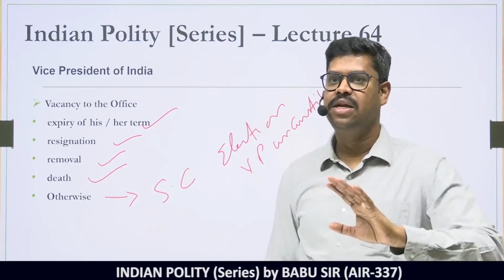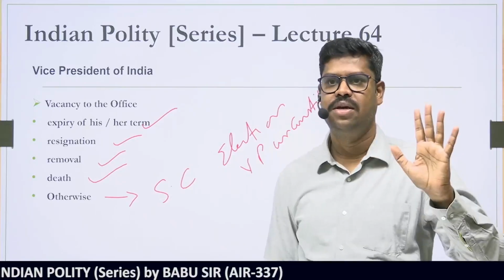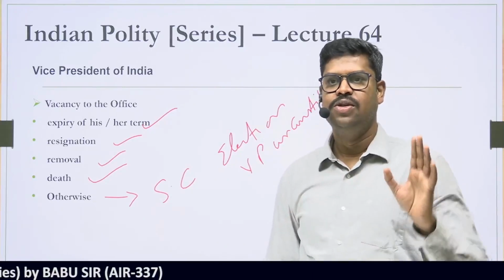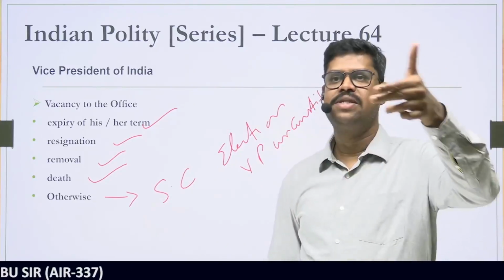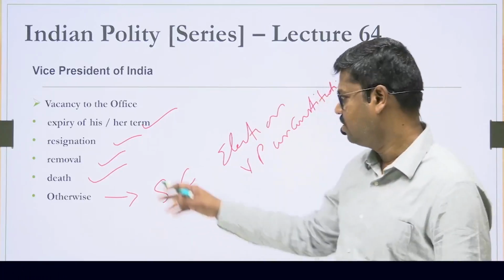The country can still function because the constitution says there shall always be a president. But the constitution does not say that there shall always be a vice president. So when the president is not there, the vice president acts as president. But if the vice president is not there and there is a vacancy in the office of the vice president,